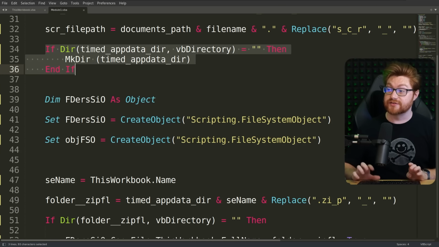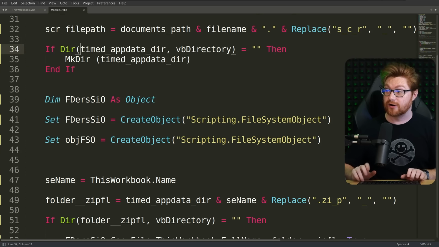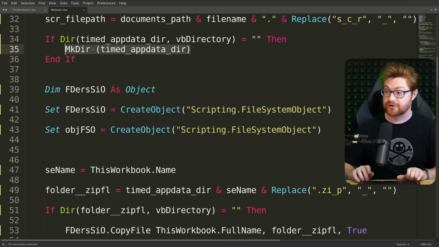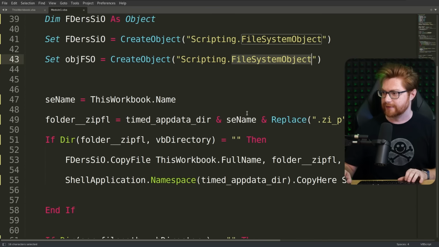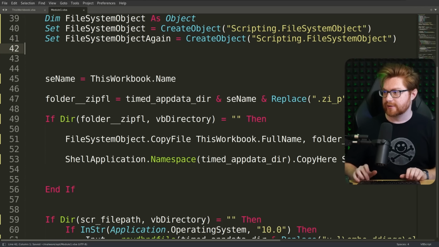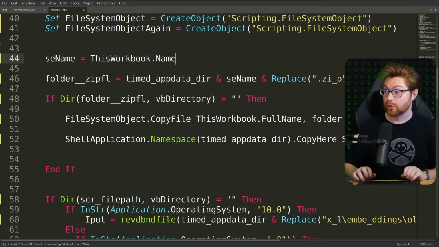We then have an if statement to check if a directory here, our timed app data directory, is an empty string, then it will create the directory. So presumably just making that if it doesn't already exist, right? Then we see a couple other objects being put together. We have the file system object and then another file system object. We can clean that up just a little bit, but then ultimately we get the workbook's name, which is interesting